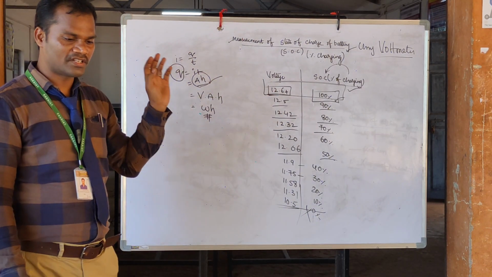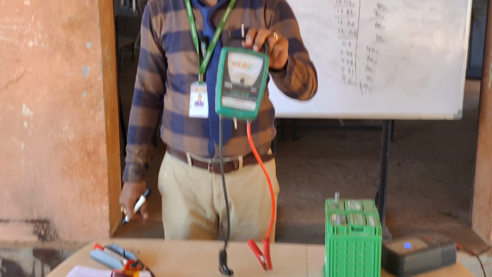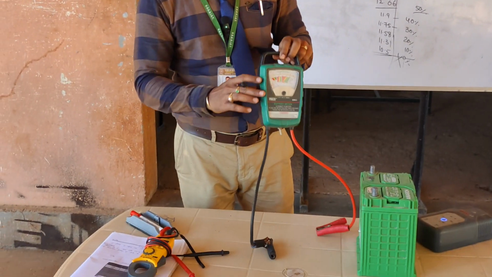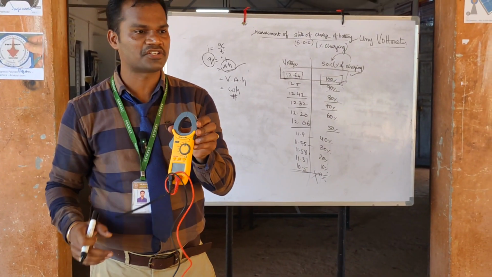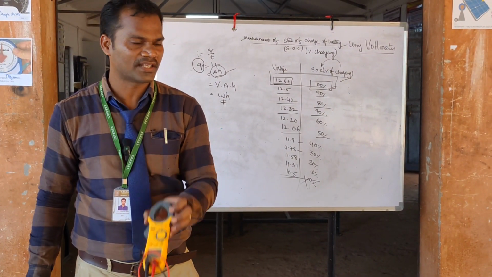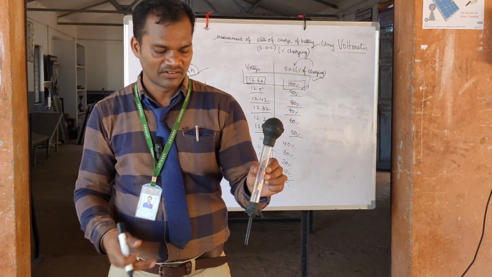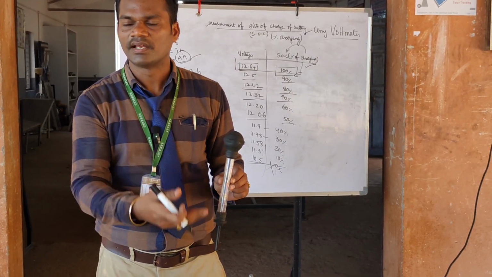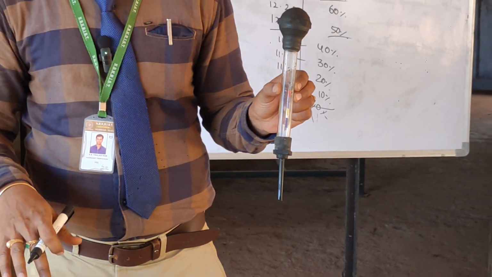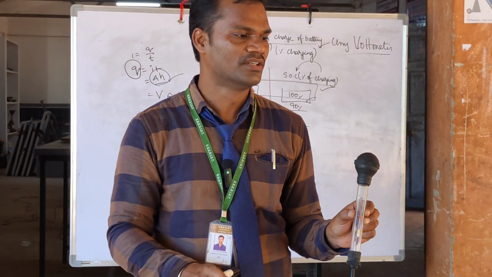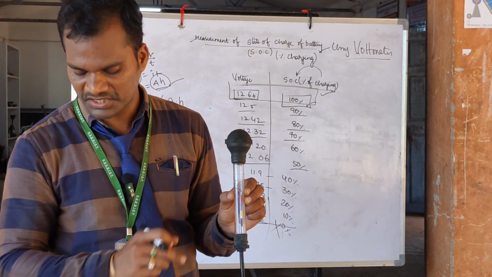Now we are successful in identifying the health of a battery using a battery tester. We identified the amount of charge in this battery using a voltmeter, and using the hydrometer we measured the electrolyte level and how much has to be filled. So what is the overall conclusion? Is the battery good or damaged? It is damaged. We have to top up with distilled water,